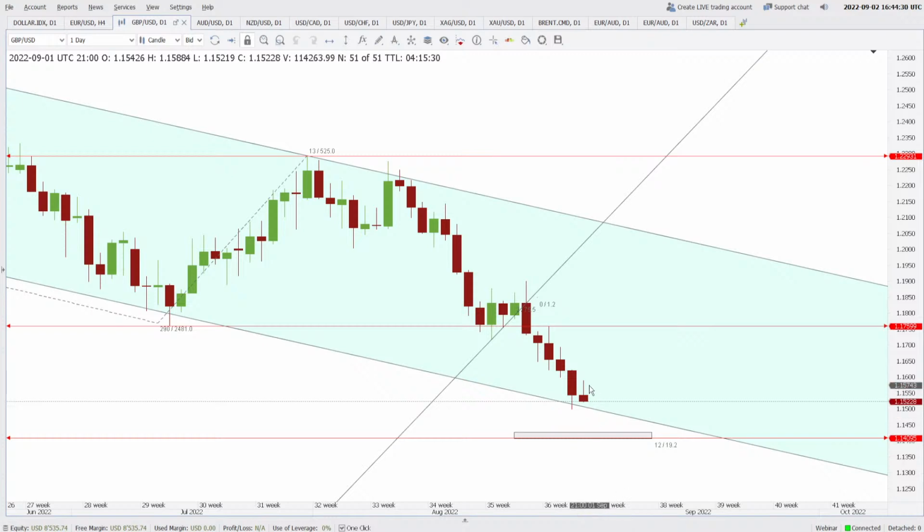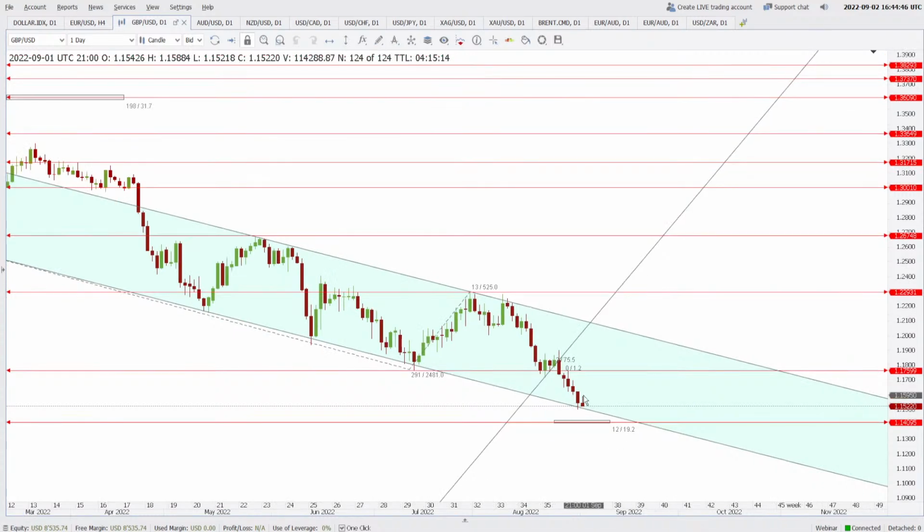Likewise, there is a reverse hammer or inverse hammer in this pound, and it is suggesting that the new price that it is going to make now is 1.1409, where it may take some breather,